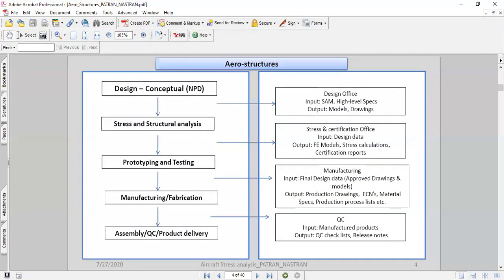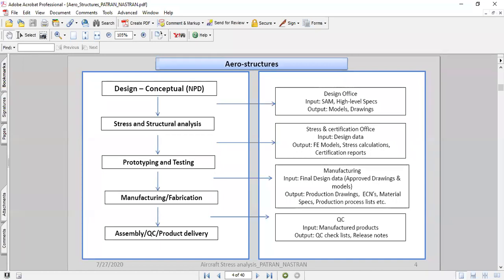Before we get into the discussion of FEA and the stress and physics aspects of the aircraft structures, I would like to have a 5-minute discussion on how the companies work and what kind of things go into designing aircraft structures.